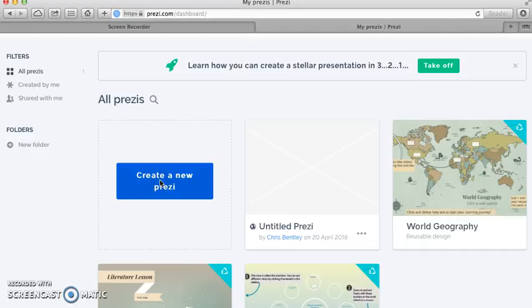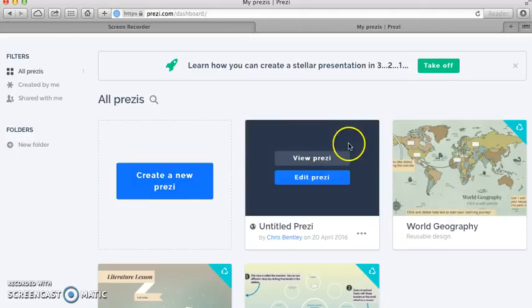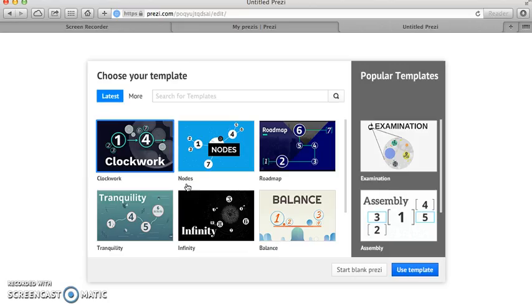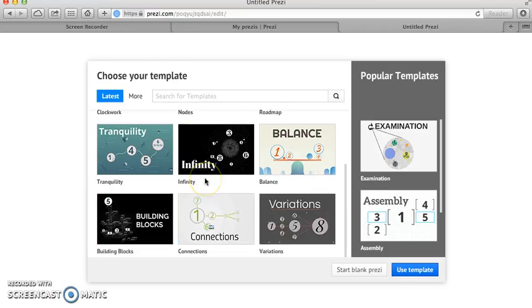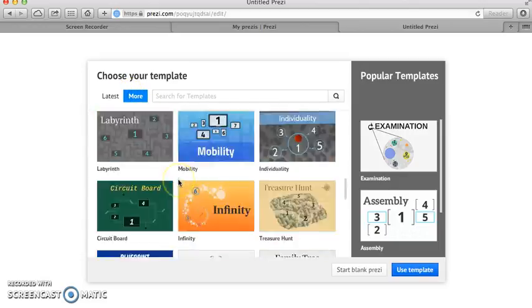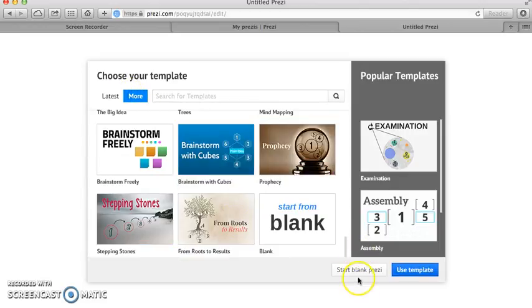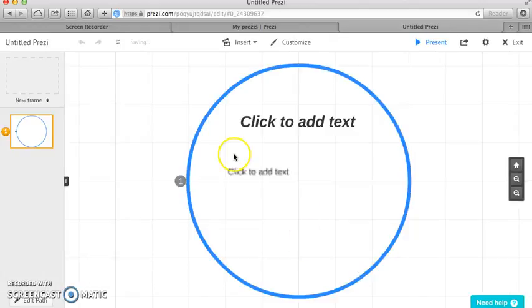So click on create a new Prezi. This will come up with some templates. So there's some already pre-prepared backgrounds, etc., that might be relevant to your lessons, which will just make everything look a little bit nicer. But so there they are, and if you click on more, there's more. We're going to do a blank Prezi though, and I'm going to start by deleting this frame that is automatically